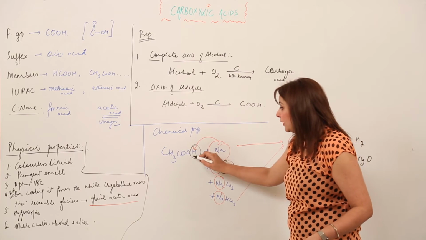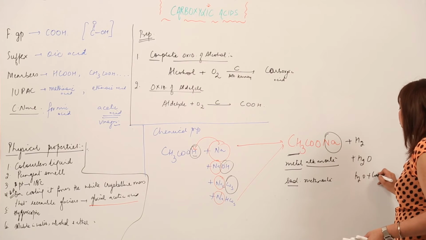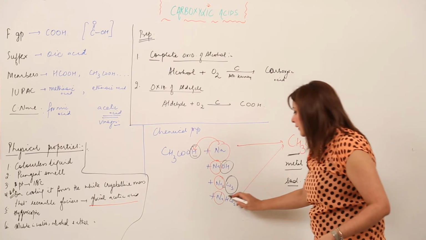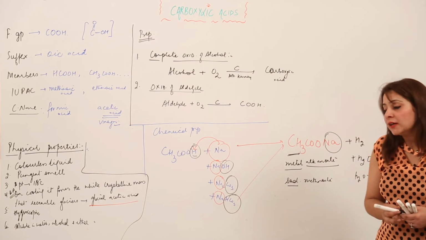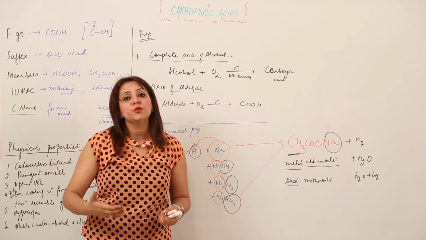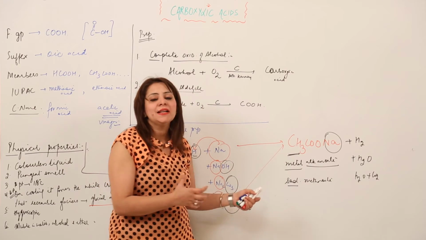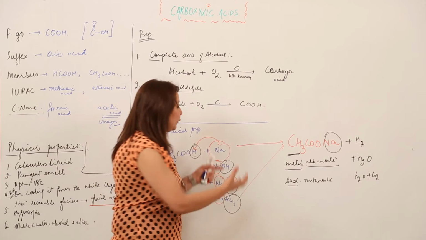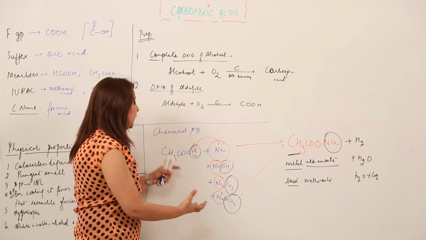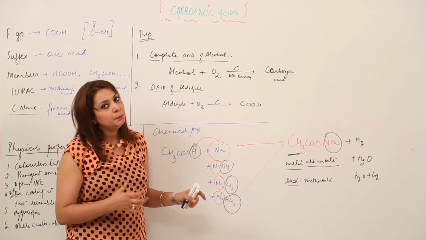And in this I have got H and CO3. So obviously I am going to get H2O and CO2 here, or I can say I can get carbonic acid also because it is a weak acid, and in the last one also I am going to get a similar product. So that means whether you react the carboxylic acid with a metal or metal compounds, you are going to get the same product, that is the metal alkanoate. Along with that, the side products just vary depending upon which compound you have used. So these are the different reactions which I clubbed into a single reaction, that is the reaction of carboxylic acid with metal and metal compounds.